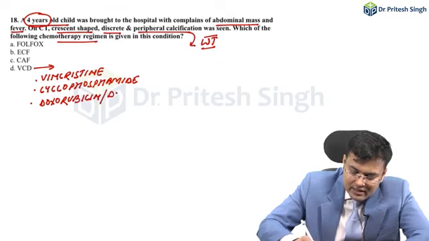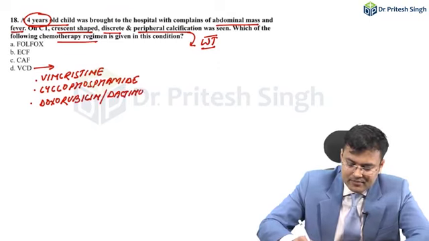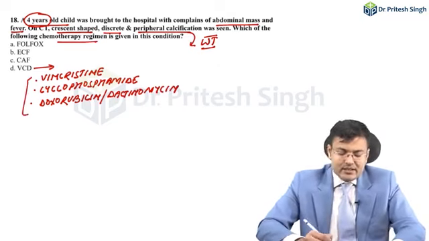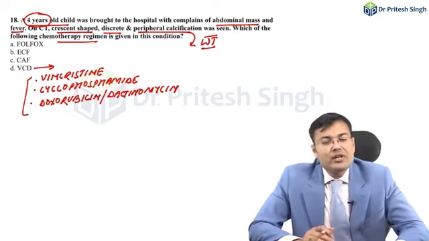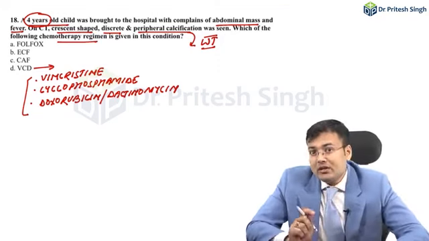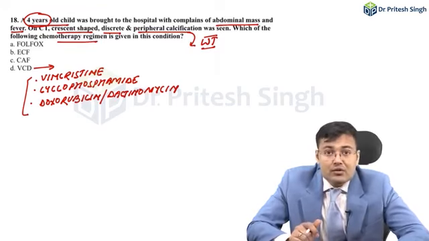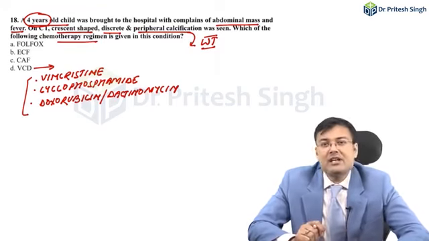Doxorubicin or dactinomycin. So these are the agents which are given in Wilms tumor. Lots of questions are asked related to chemotherapy. So we are going to discuss the chemotherapy agents which are used and the chemotherapy regimens which are used in